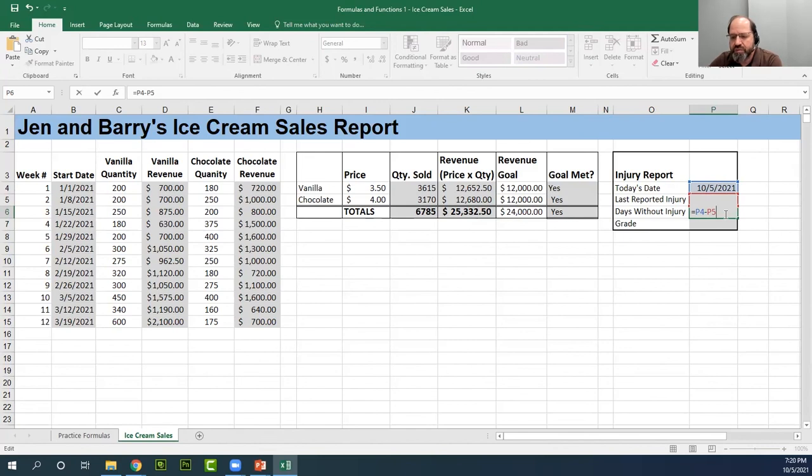Tomorrow is today plus 1. So the days in the future of another day is going to be the bigger number. So I'm going to take today's date and subtract the last reported injury. So that's 218 days without injury. That's pretty good. And then the last one, we're going to do one more